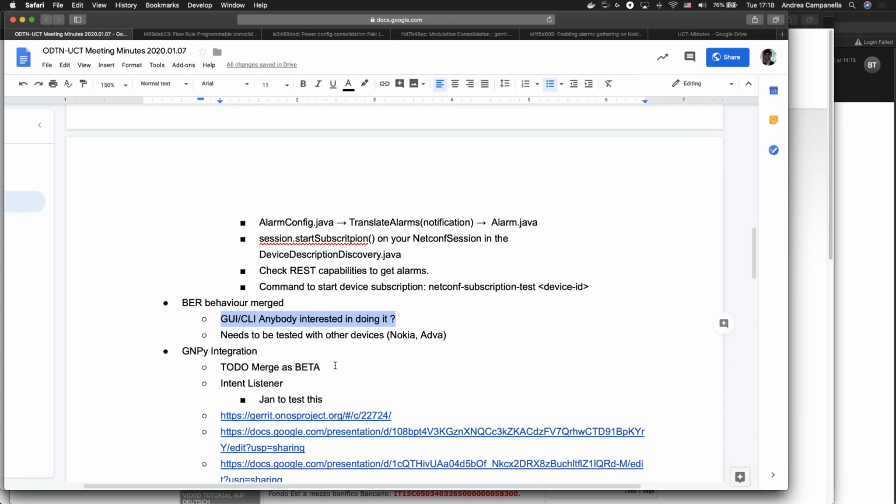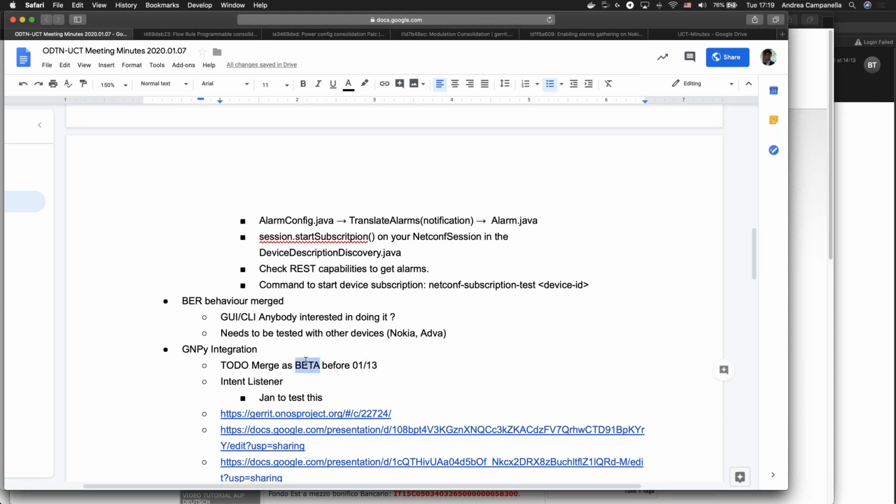My plan for the GMPY integration is to merge it before next week with beta tags, so people know it's beta, people know it's not expected to work right off the bat, and people know it can change. There is no major issue in just, if you want to try it, feel free to do it, up to you.